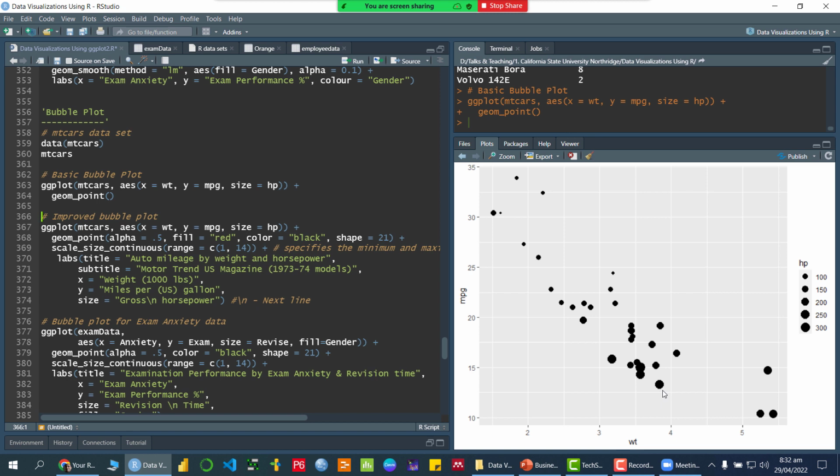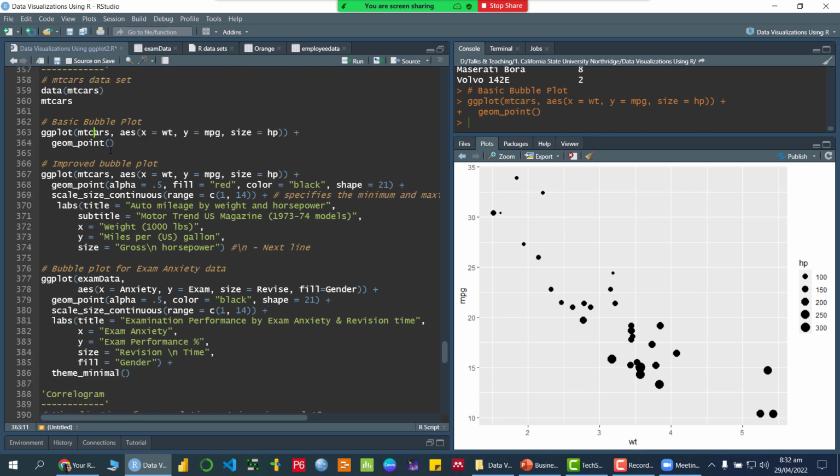So as we can see, the higher weight cars have higher horsepower and lower mileage per gallon. Okay. Now, if I want to improve this bubble plot by adding some colors, with the help of alpha, which is basically used for the darkness of the color, we are filling with red, and then adding the shape sizes. So if I run this one,